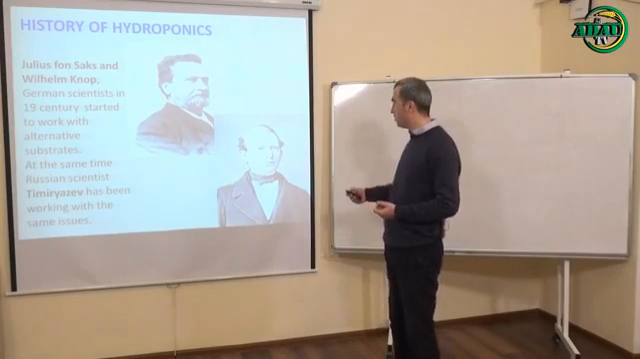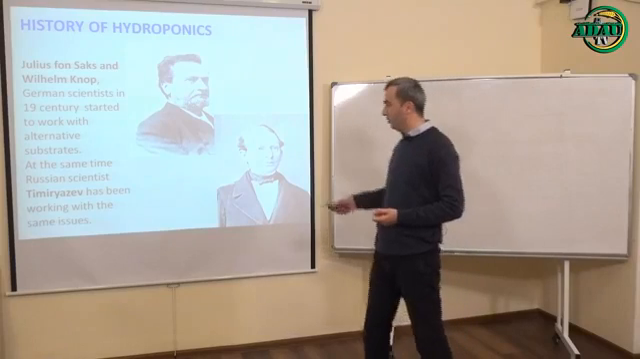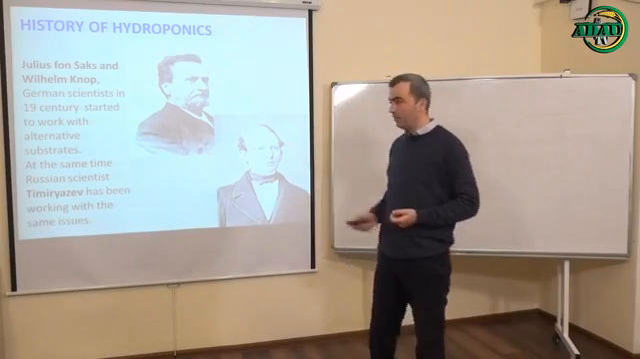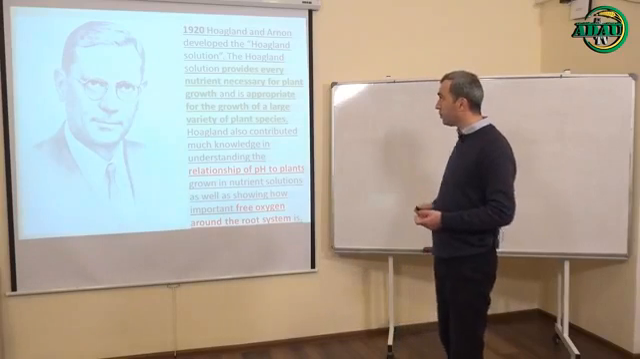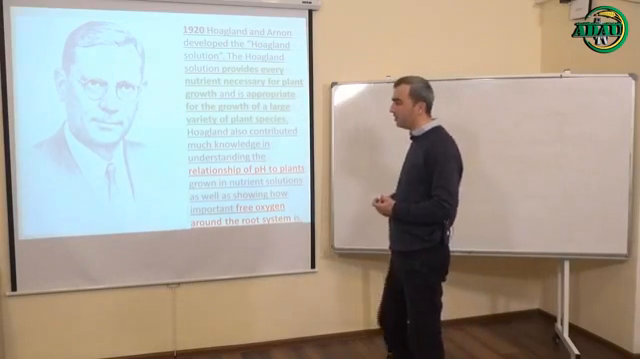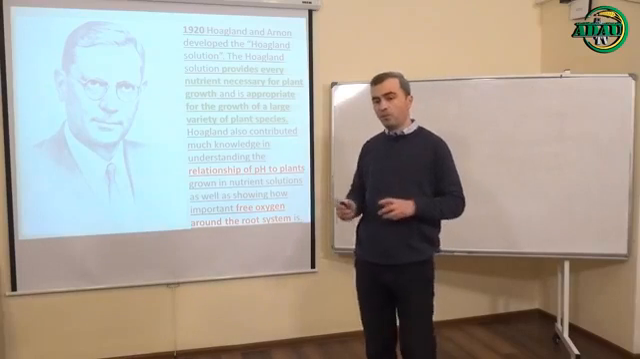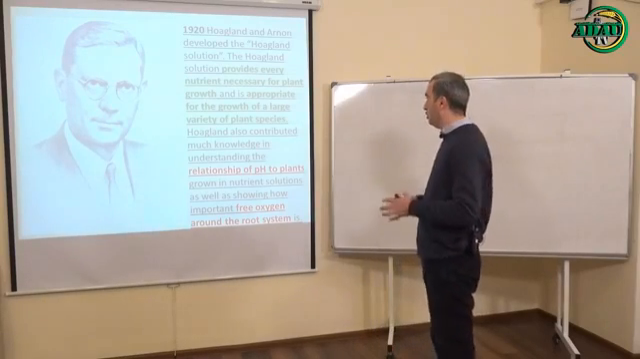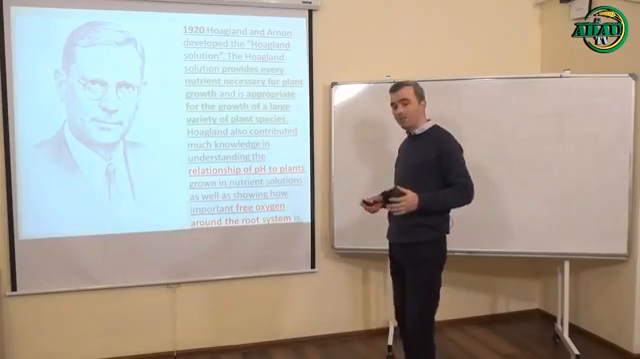Please remember this man, Wilhelm Knopp. I will touch on his name and get to him again later. So later on, another scientist, Hoagland, in 1920, was the first person who grew different varieties of plant species, and